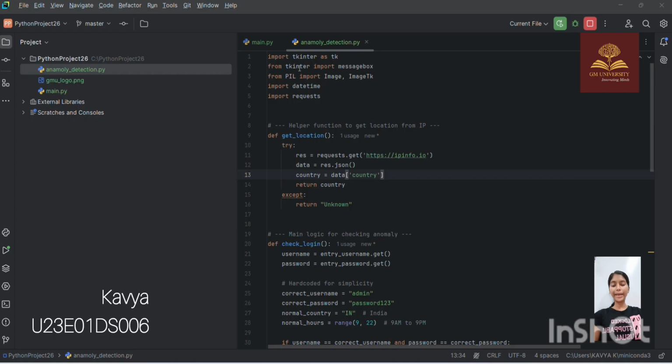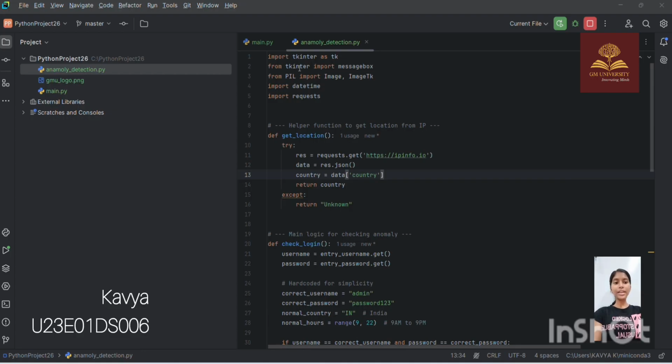Today I am here to explain the cybersecurity project, that is login anomaly detection. Anomaly is nothing but an error, and here are the 5 most important points for anomaly detection in password security. First, unusual login patterns: detecting abnormal login behavior such as multiple failed attempts or logins from unfamiliar locations and devices. Next is geographical anomalies, identifying logins from distant or unexpected geographical locations, indicating potential unauthorized access.